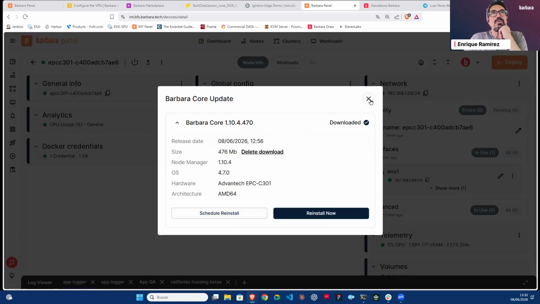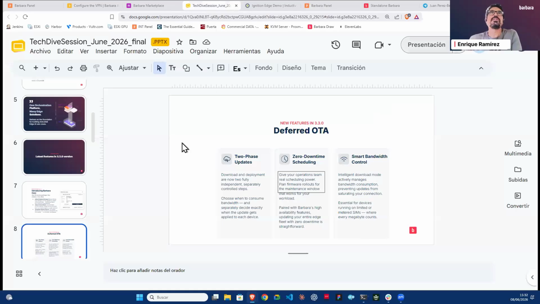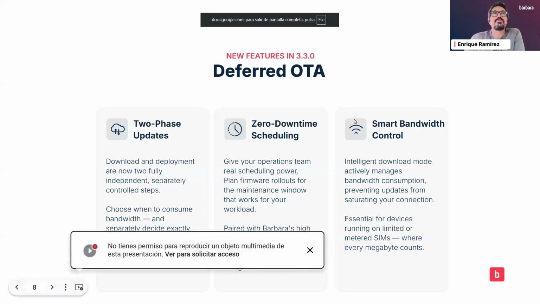Well, that is related to the Barbara Core update and the OTA, the scheduling of applying the OTA. Let's continue. What is the next thing I want to show you? That is